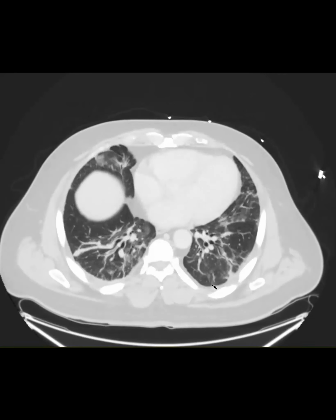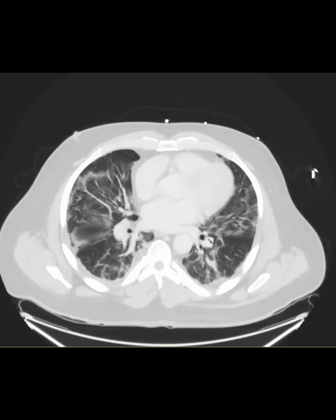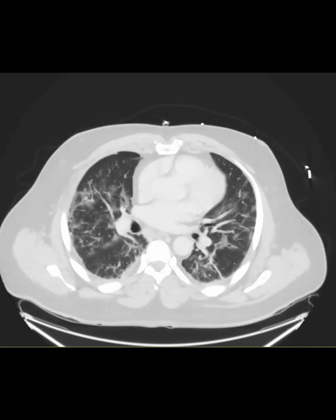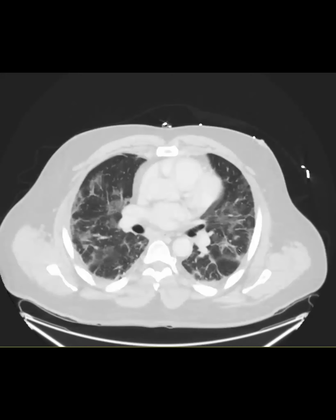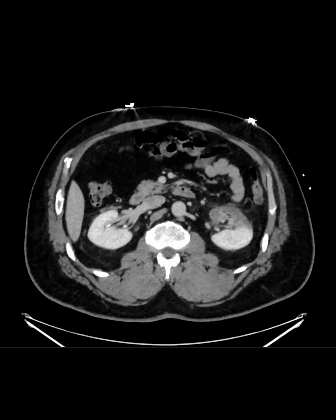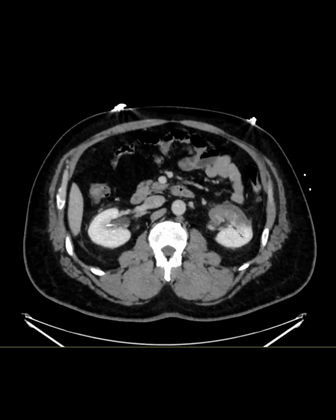So they've got some consolidation and atelectasis of their lungs. But they've also got, sorry, what? Was this COVID? Yes. So COVID lung, and then also renal infarct from COVID. Yeah. So, and then I have one more companion COVID case,